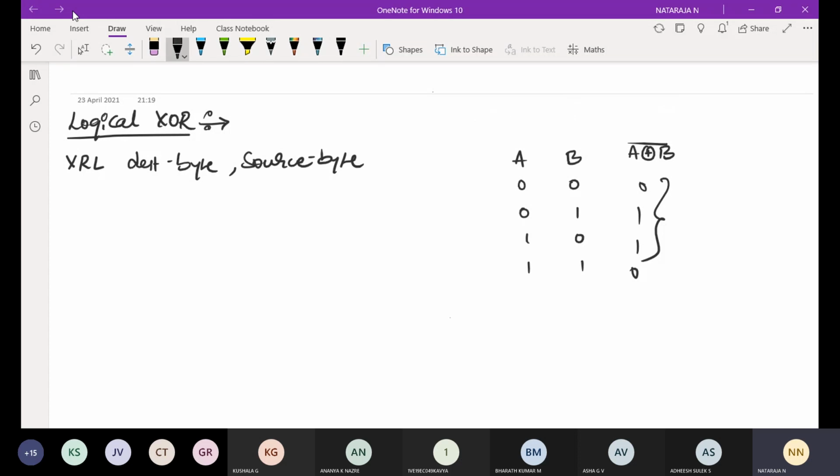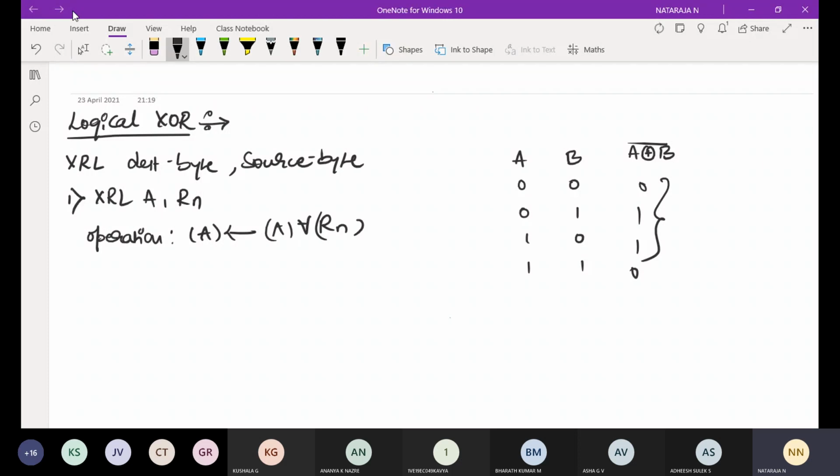Take the first example: XOR logic with A comma Rn. In this operation, the accumulator is stored with A XOR Rn.